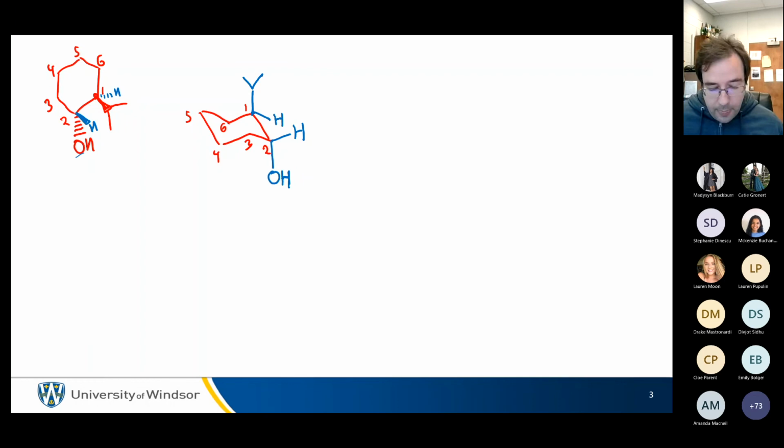So we have this chair. This does not look like the more stable chair, though you can't be sure till you have drawn both chairs. If you're asked to draw the most stable chair conformation, you don't have to draw both chairs. You could just draw the more stable one, but you better do it in your mind if you don't do it on paper. And so if we draw the other chair,